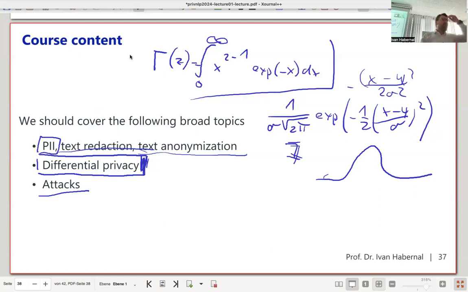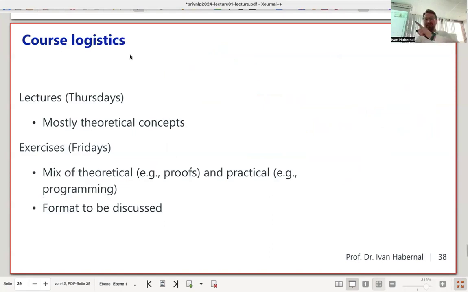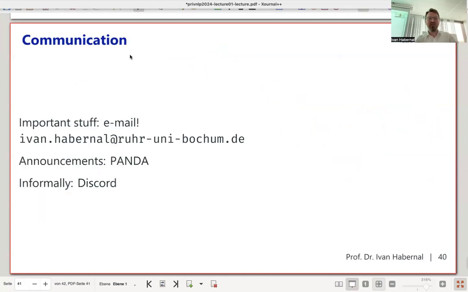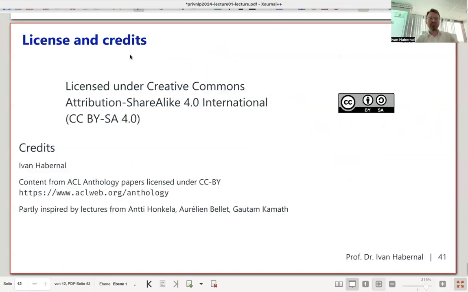How's your Python and PyTorch? Maybe I should stop recording. Listen, okay, I'll come to that later. Course logistics, I don't have to record this as well. Exam and grading, you can read this. Communication, of course, I'm here, and that's it. So let me stop recording, and now we can talk. How to do that? I've got to stop and